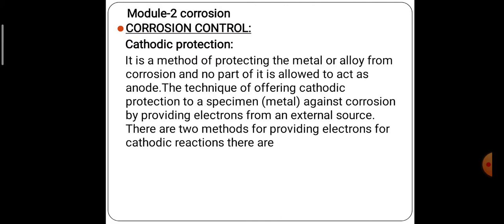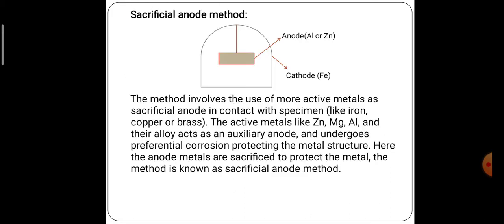In the cathodic protection method, we are converting the anode material into cathode material by reversing the flow of electrons. Means the anodic reaction is converted into cathodic reaction. Once we convert the anodic reaction into the cathodic reaction, the movement of electrons takes place from the anode region to the cathode region. That is why we can easily control the formation of corrosion on the surface of the metal.